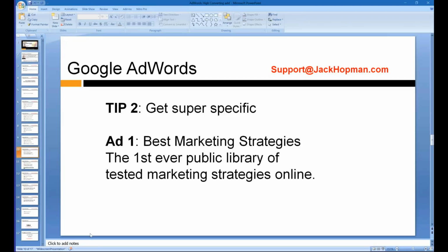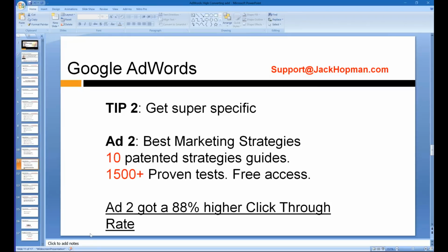Not a bad one, correct? Or you have the headline, best marketing strategies, 10 patent strategy guides, 1,500 proven tests, free access. So it got more specifics to the service. Ad number two: get 88% higher click-through rate.